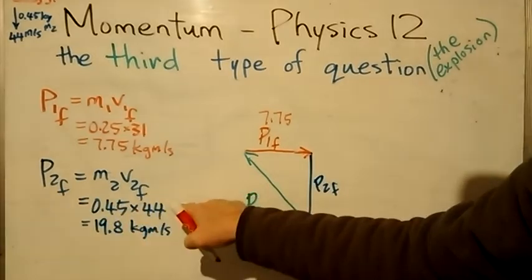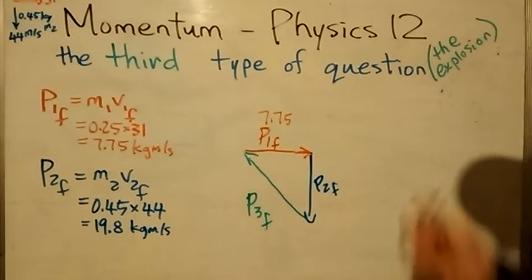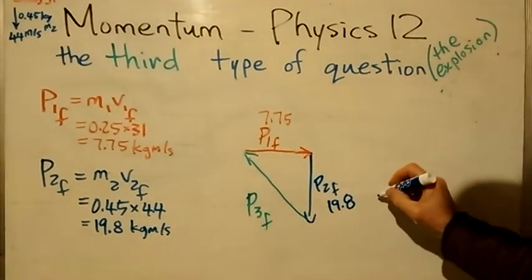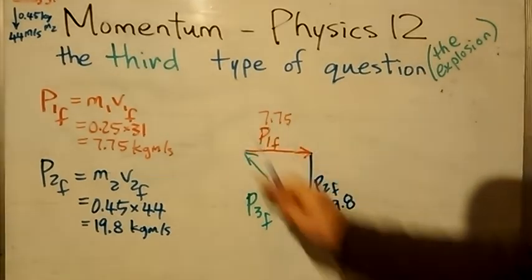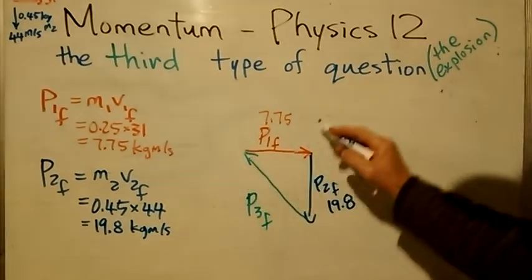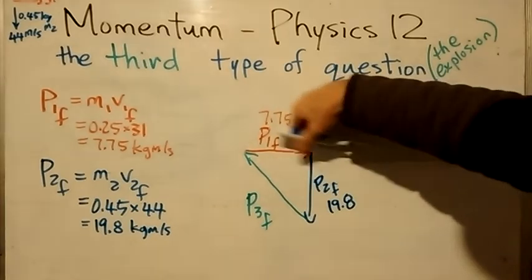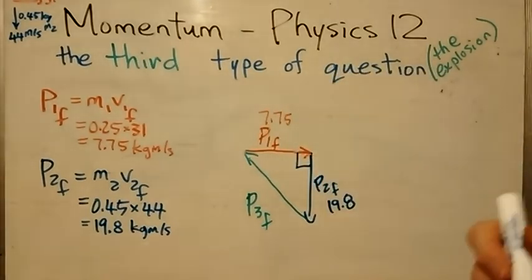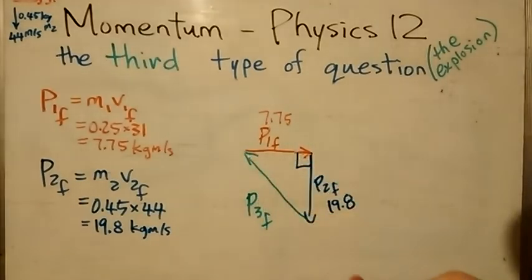So 0.45 times 44, and that was 19.8 kilogram meters per second. So I've got this side, not drawn to scale, and I have to find out what this hypotenuse is. I do know that there is a 90-degree angle here because this one was going east and this one was going south, and there is 90 degrees between the two of them. So P3 final will be the hypotenuse, and I will also have to find out the angle that this is moving at,